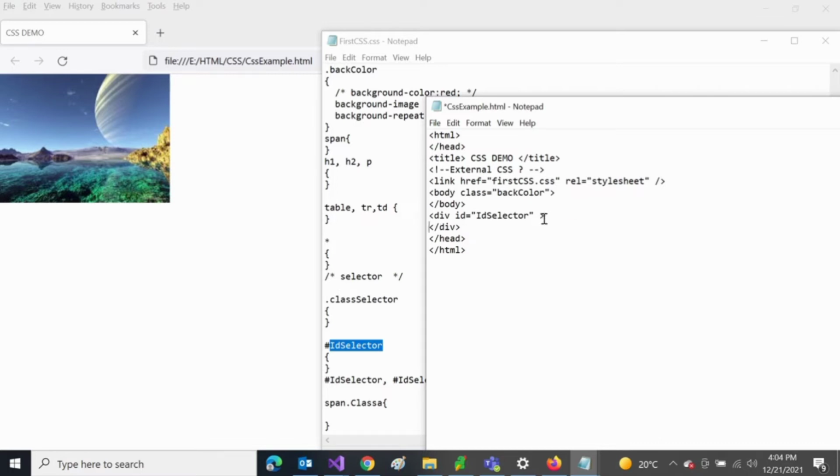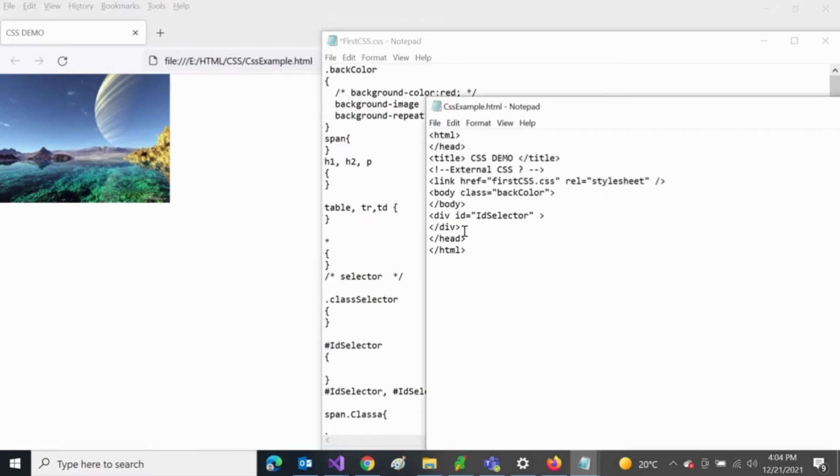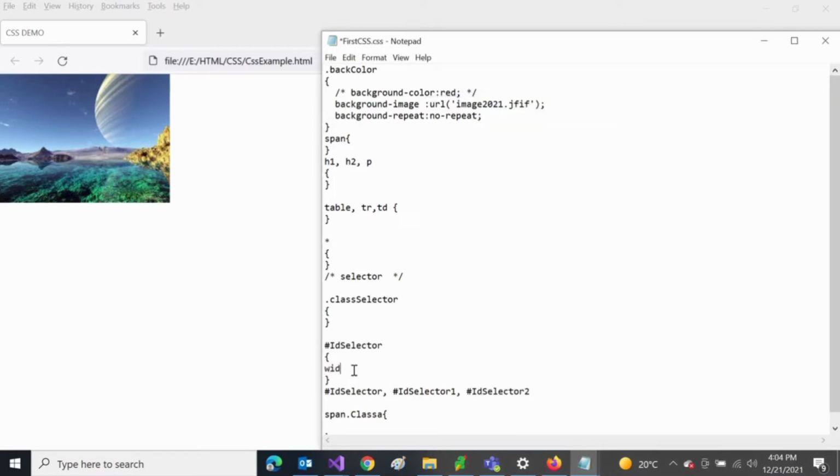So div id is equal to id selector. I have one div, right, and this id selector is matching in the first css.css. Now if I write anything in the first css.css, then the div will become as per the css that I write here.